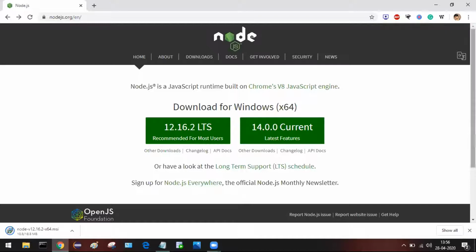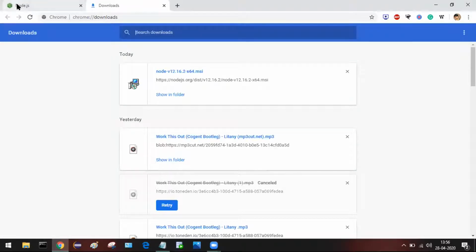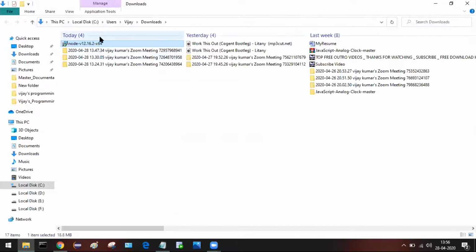Otherwise, you need to choose these three dots and click on downloads. There you can find all the downloaded files. I'm just clicking on this option, show in folder. Now I'm double clicking on this downloaded file for installation.